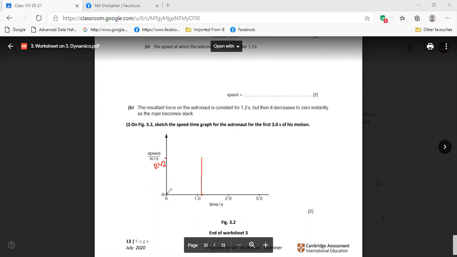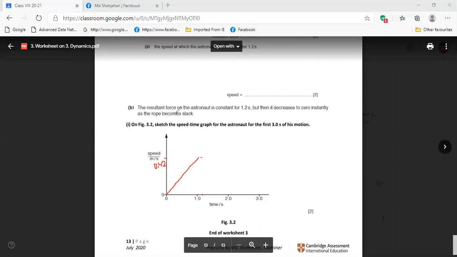Yes. So till here we have acceleration, right? Yes. So it is constant acceleration. So we give here a steeper straight line, right? Yes, sir. And then there will be a curve for deceleration. Then what they are saying,